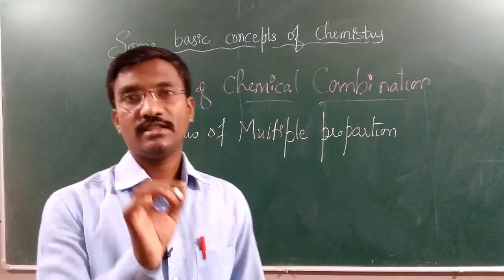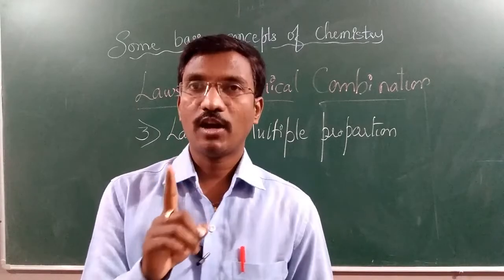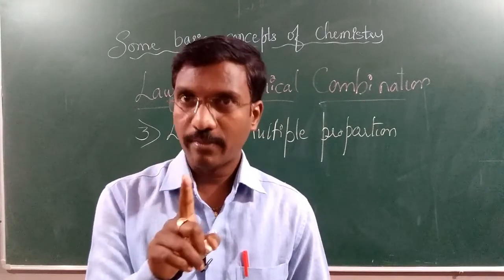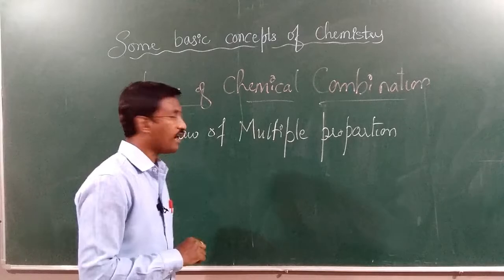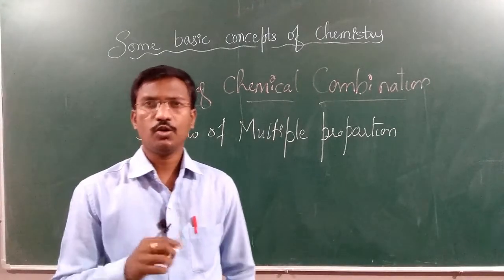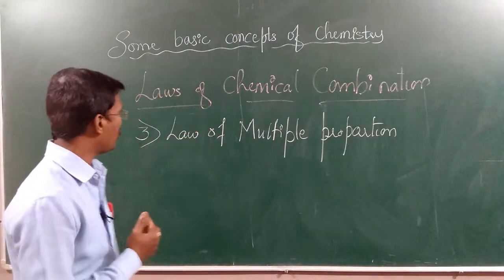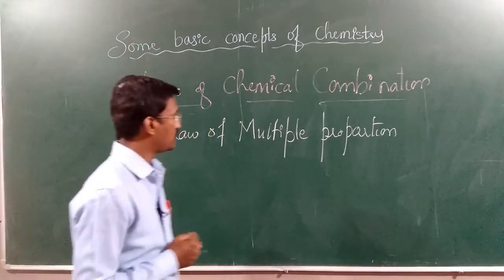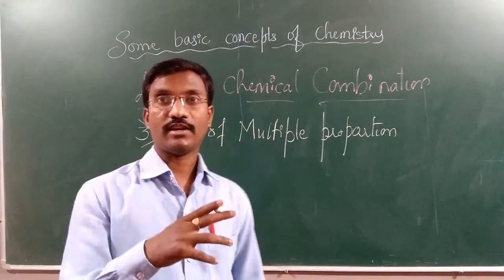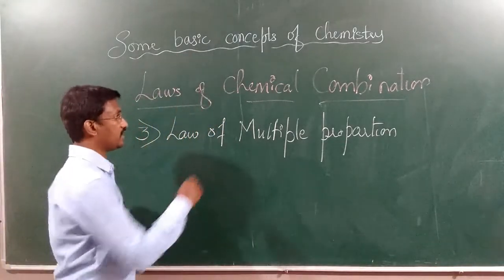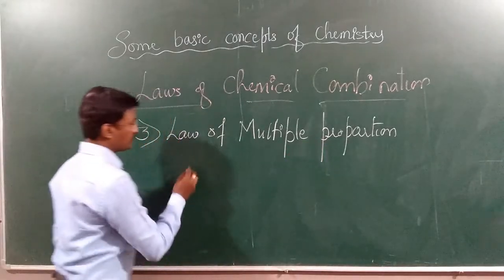How? This law says that when the mass of one element combines with a fixed mass of another element, it will always be in a fixed ratio. What does it mean? By just reading the definition you may feel you cannot understand it, but with some examples you can understand the law of multiple proportion. So here